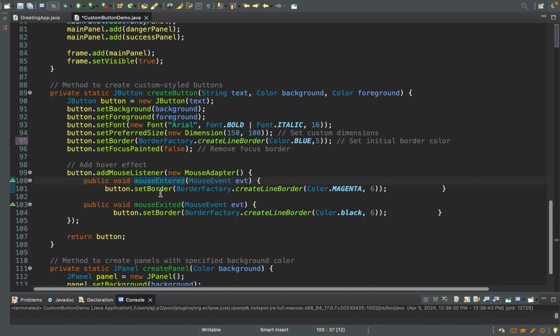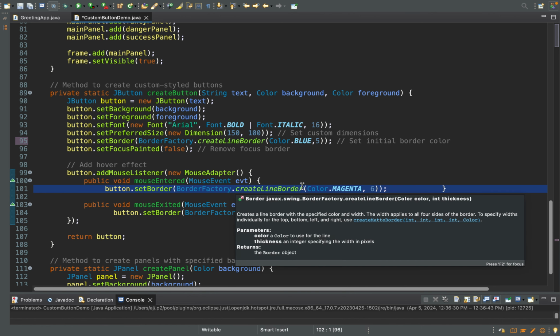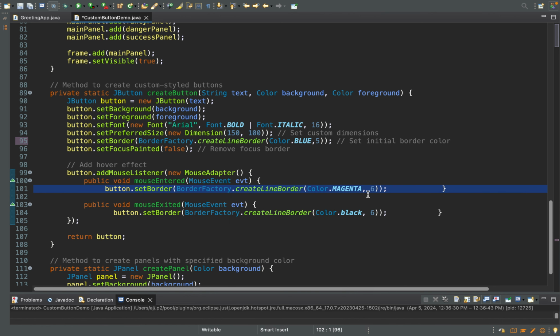So this line of code is responsible for when I move my cursor over the button, the color should be magenta, and the thickness should be 6. Since this is 6, this one should also be 6, because I don't want to see any difference for them. And this method is responsible for when I move my mouse or cursor away from the button, the color should